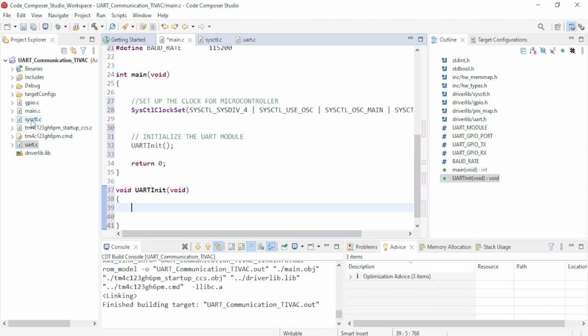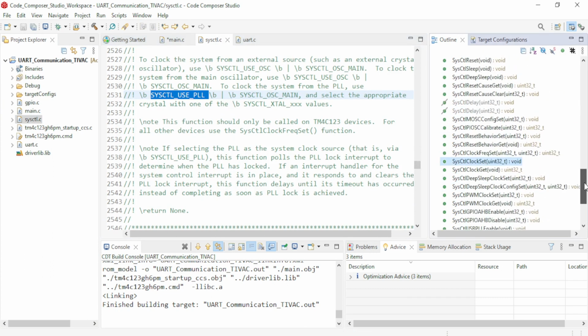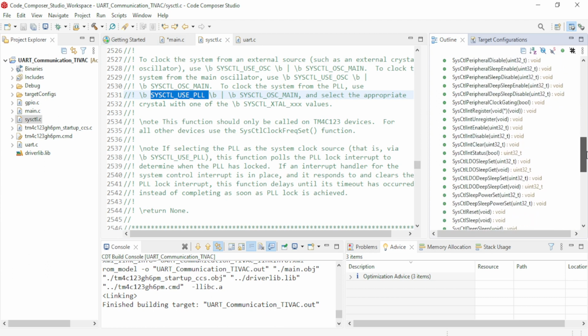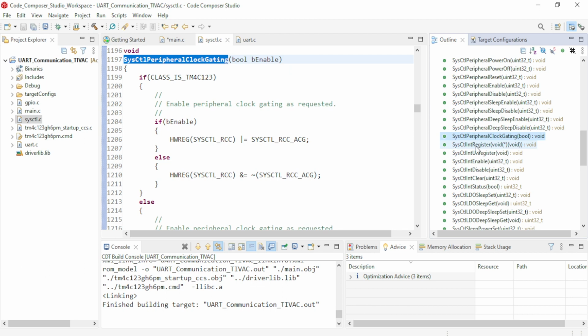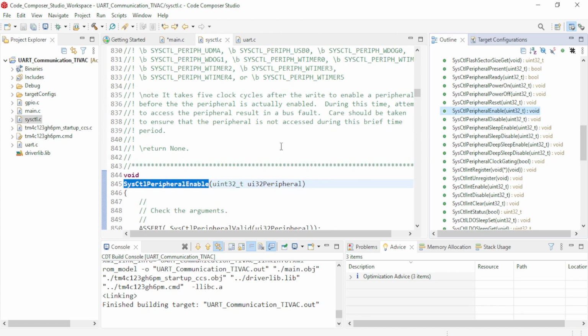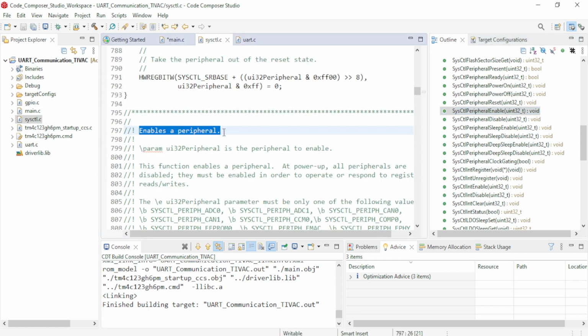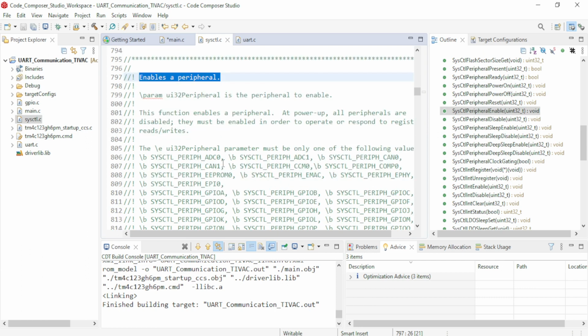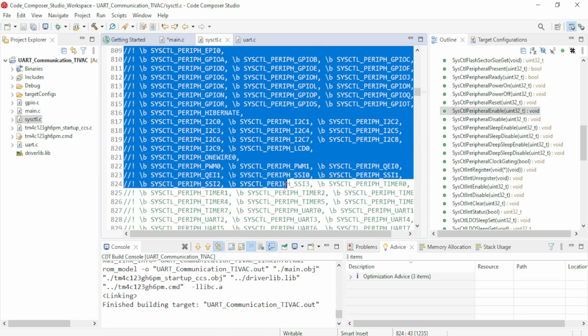For that, to provide the clock, we have to use the sysctl.c file. Because we have to provide clock to the peripheral, we have to check which function is going to help us. So SysCtlPeripheralEnable. This function we will be using, and let us see what the arguments are here. This enables a peripheral, because UART and GPIO both are peripherals. This function will be used, and these are the list of peripherals which we can enable